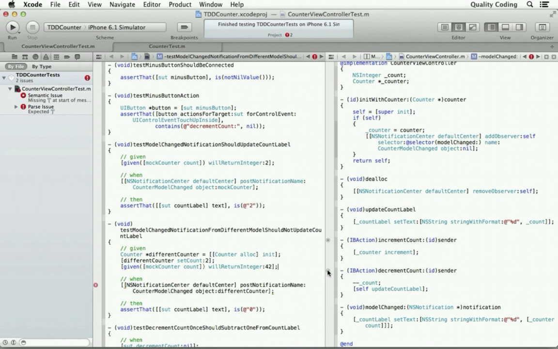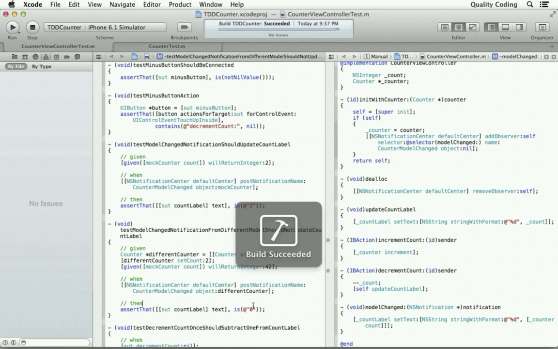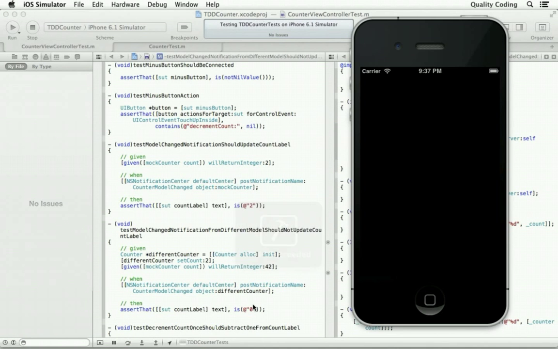I want to make sure that, say, something is in flight, the model is in the middle of changing but hasn't sent us a notification yet. It's still crawling along while something else, a different model, posts a notification. I expect this to fail.